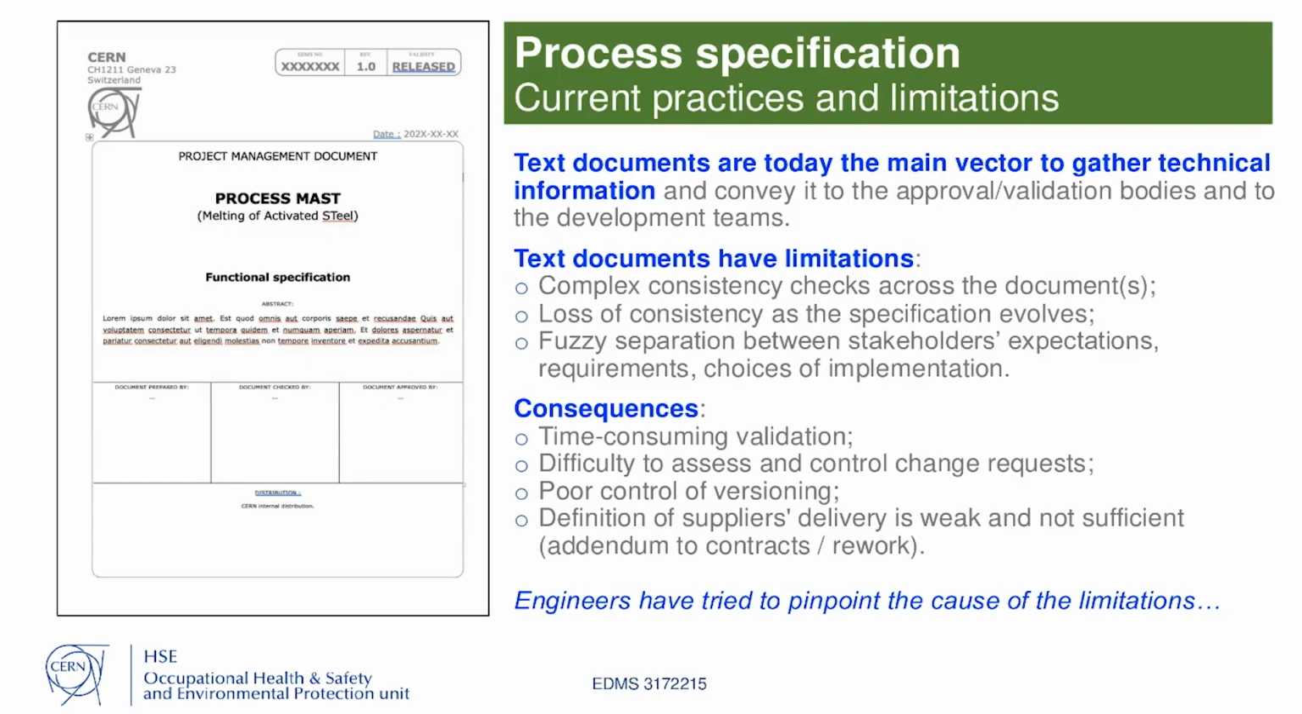and it deserves quite some attention when you draw such diagrams. The text documents that are the main vector today to gather the technical documentation, the technical information, to specify the processes have limitations. And personally, I experienced these limitations. You have complex consistency checks across the documents, loss of consistency as the specification evolves, and especially the statement of the problem